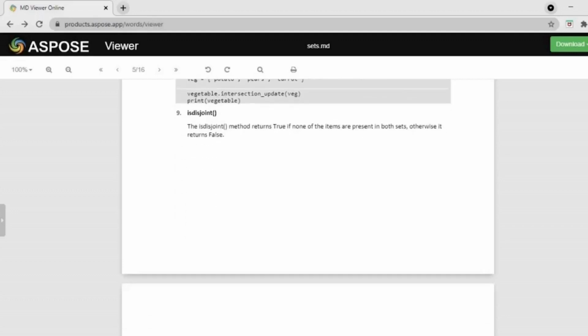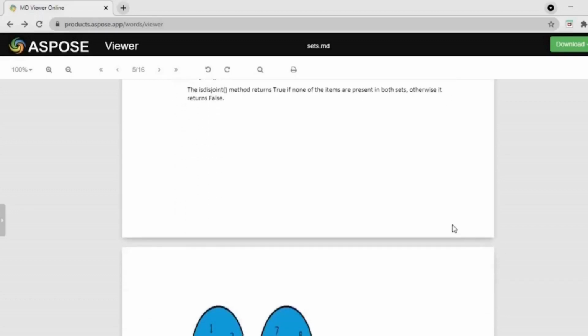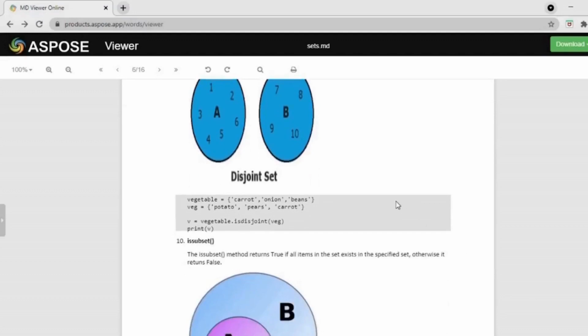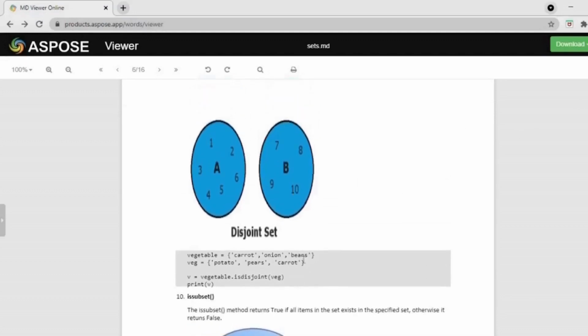And isdisjoint is used when set A has some elements and set B has some elements, and there is no common element or similarity between these two sets. Therefore, it is a disjoint set. So here is an example: carrot, onion and beans; potato, peas and carrot.